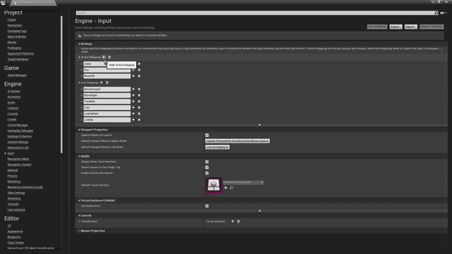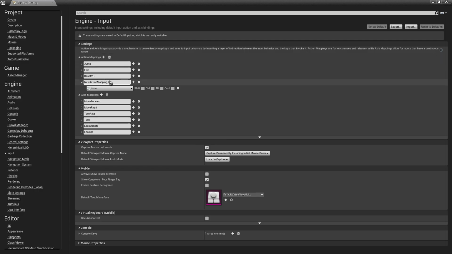But in the action mappings is where we're going to add our sprint and crouch controls. Just click the plus button in the action mappings to add another binding. So let's name this action mapping crouch.